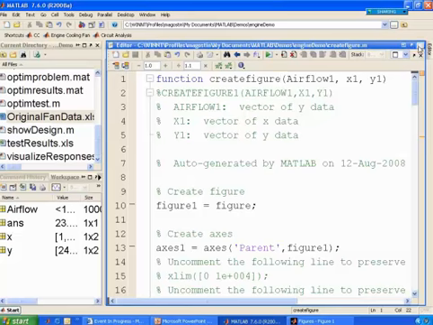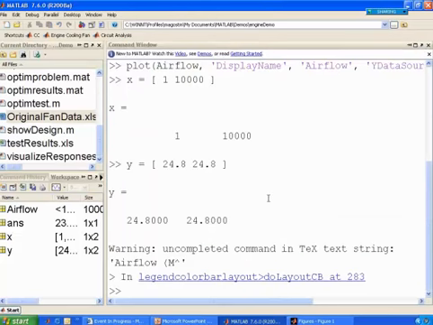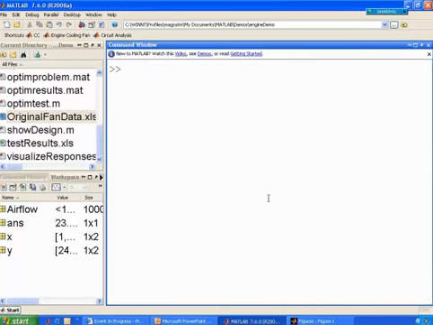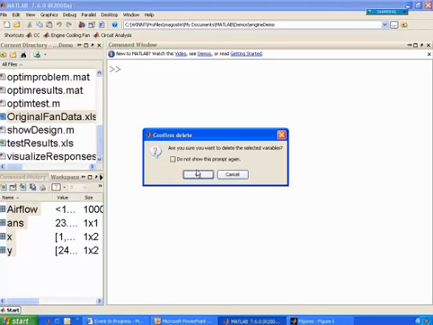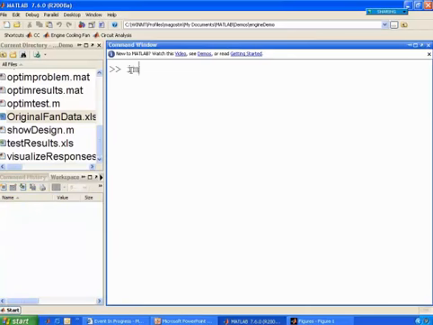All right. So now we have two functions. We have import data. I'm going to delete my variables. So I have import file, which can import any data file I provide it, but in this case, we just want to import our original data file .xls. It's going to reload our data and populate it in our workspace. And we've got our create figure